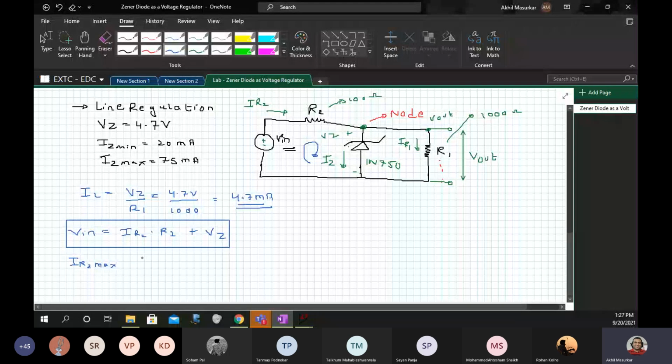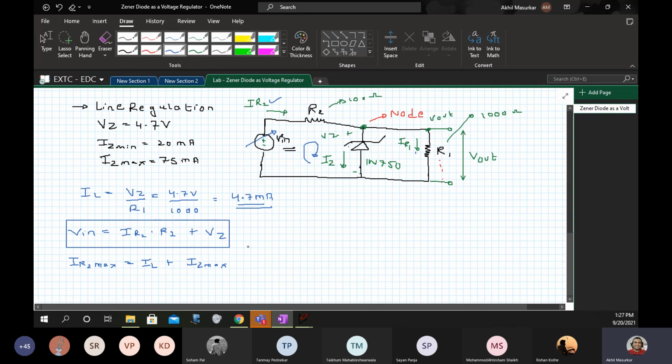We can also note that IR2 max is equal to IL plus IZ max. Why can I write it like this? Because load current is not going to change. IZ is only going to change. So if I change my Vin, IR2 will change, IR1 will not change. What will change is only IZ.